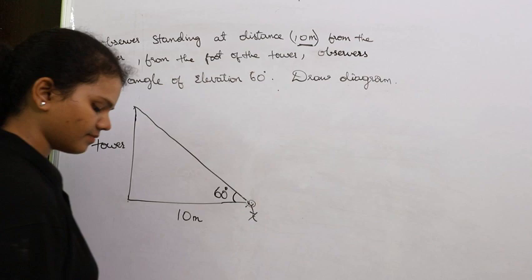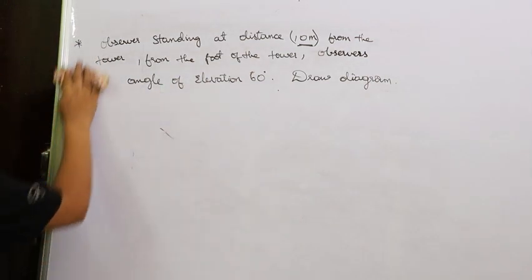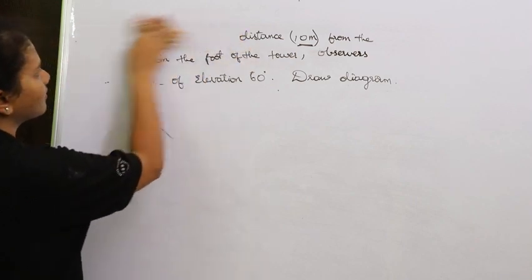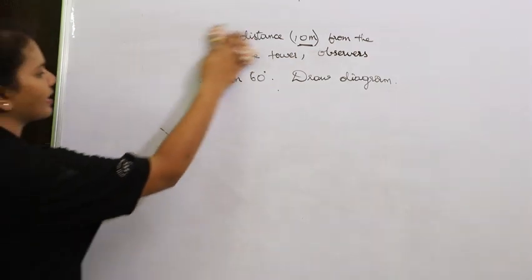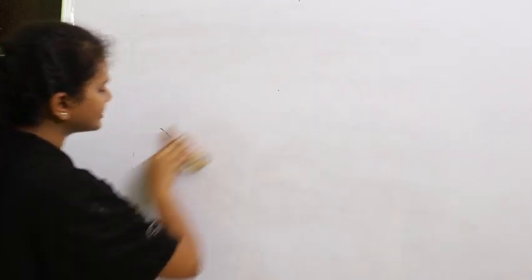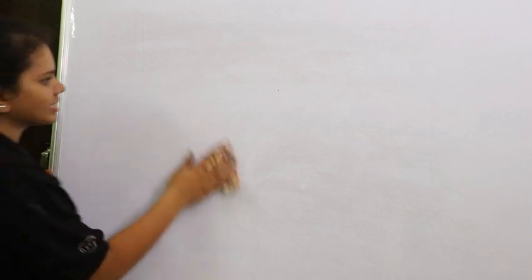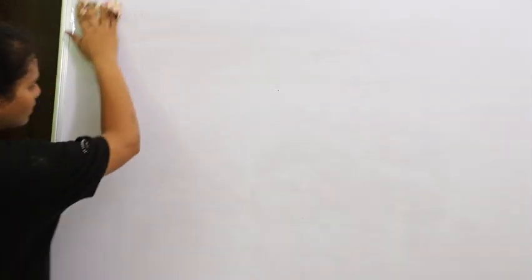Clear? Very good. Now let's go for the next one. Next one is nothing but the hypotenuse. We know the right angle triangle formula, right? AC square is equal to AB square plus BC square. Side square plus side square is equal to hypotenuse square. So next one, it depends